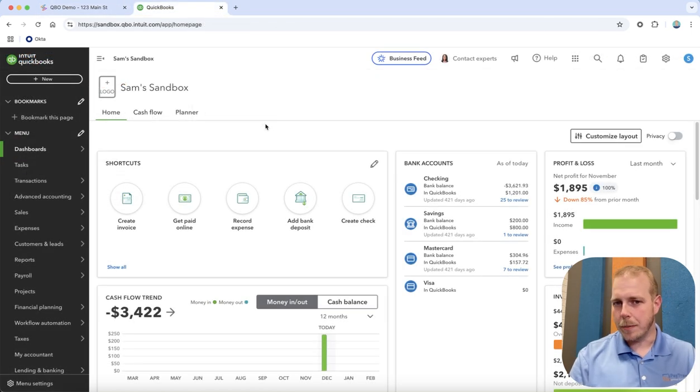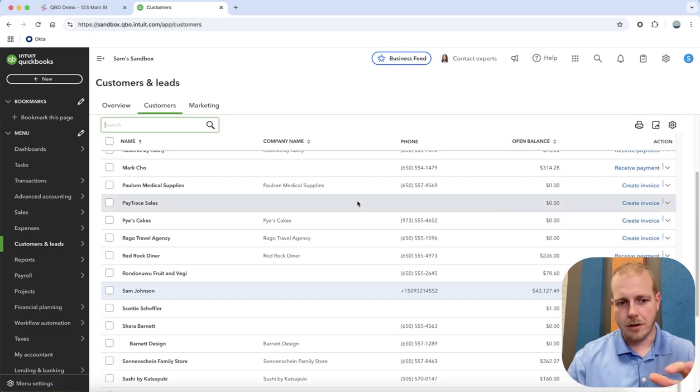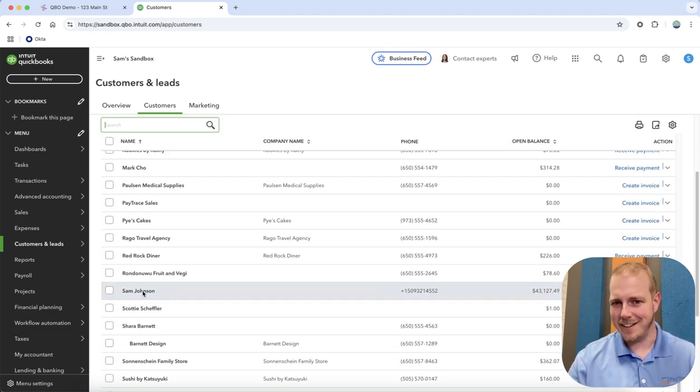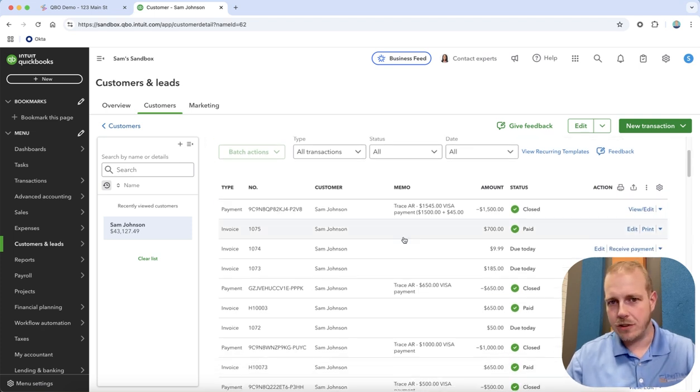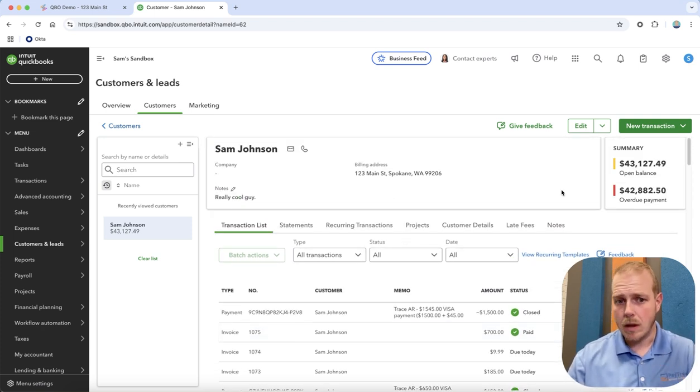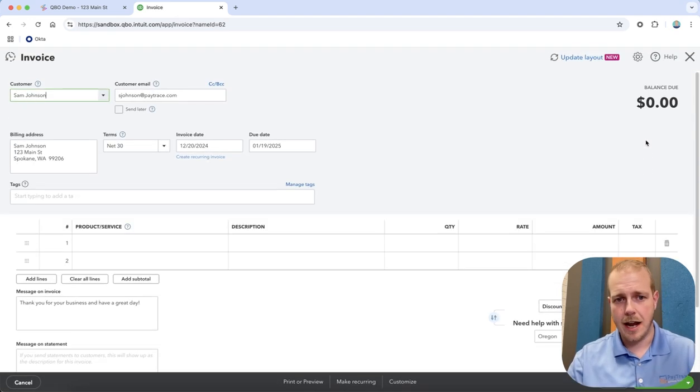In our native QuickBooks Online, to go ahead and process an example of a payment, I'm going to go into our customers menu, and I'm going to grab one of my customers here, Sam Johnson. Now, if you're already a QuickBooks user, this should look very familiar to you. Notice we're not adding any sort of extra middleware or anything on this. This is all just taking place within our existing QuickBooks account. So I've got all of my payment history here already for Sam, but we want to go ahead and process a new invoice. So I'm going to go into my transaction menu, get this invoice drop down,